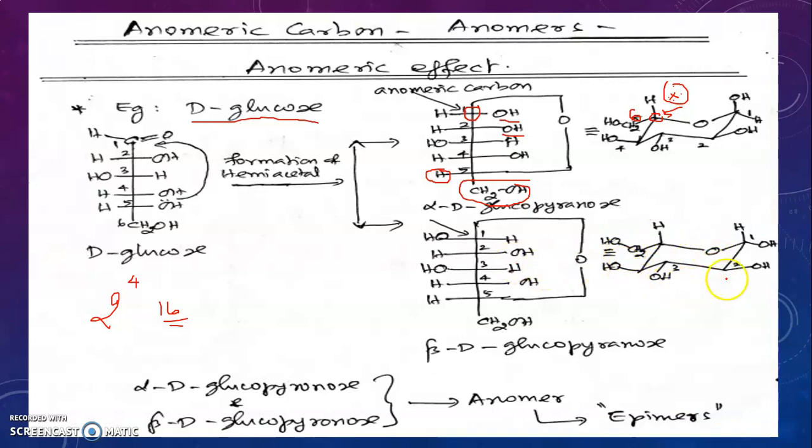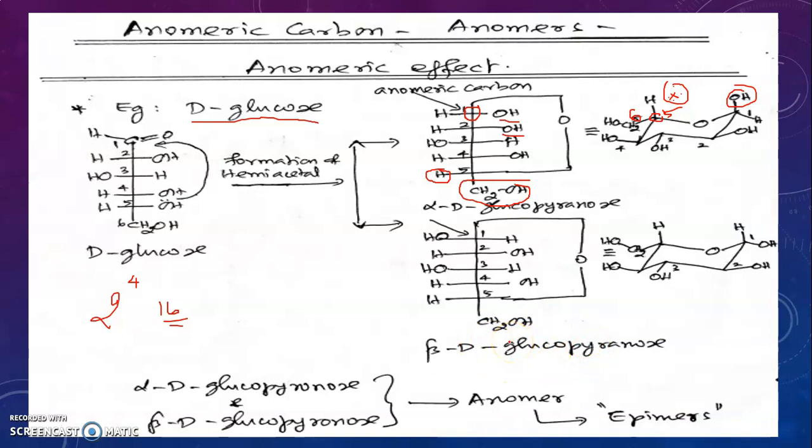Similarly, this is the chair conformation for beta D glucose. Listen, if you compare beta D glucose and alpha D glucose, in alpha D glucose, in chiral carbon 1, we have the hydroxy group in axial position, whereas here the hydroxy group is equatorial. See here, all the groups except this OH are equatorial. You know very well, when groups are present in equatorial position, stability is more, right? Comparing these two, here all the groups are equatorial, but there one OH is axial. So no doubt, beta glucose is the most stable glucose.